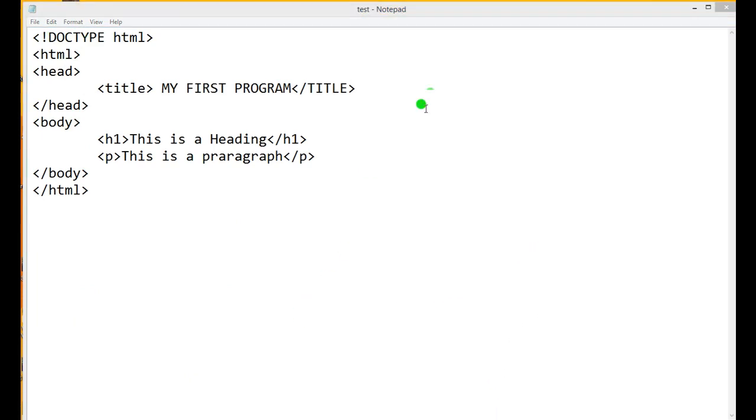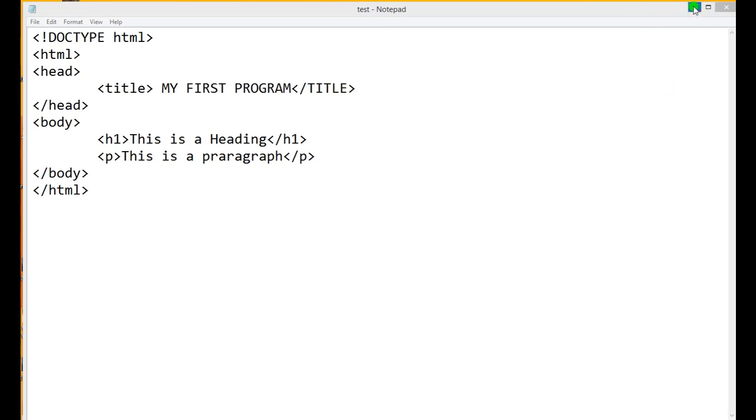Yes. Now go to desktop, click on the file, open it and see the result. Now you are going to open or run your first HTML code.